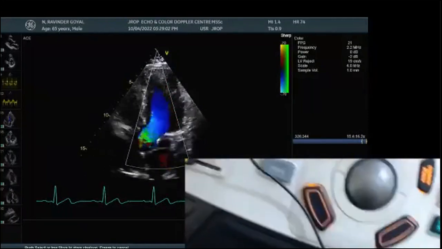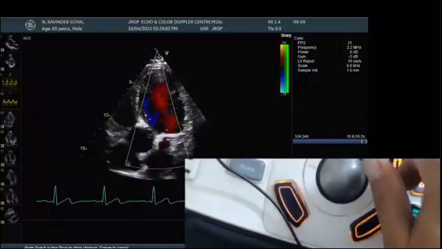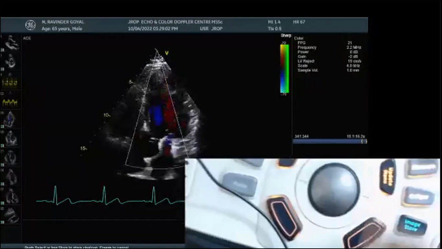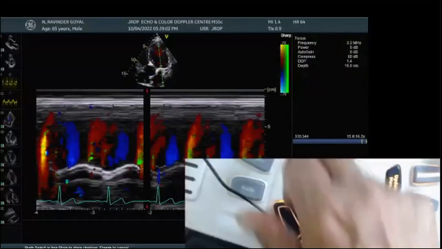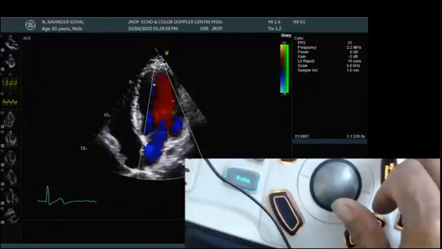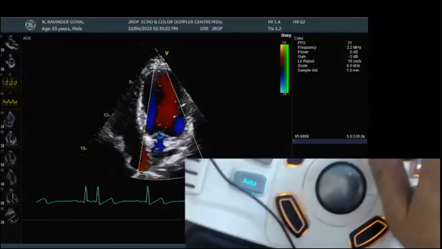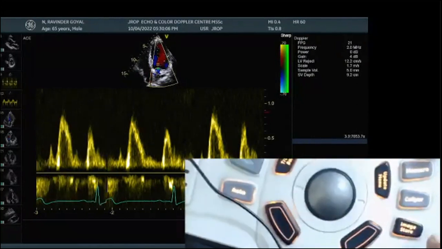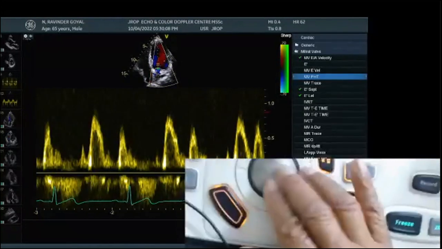And now one more thing which I wanted to show at this particular point is, as I'm going to trace it again,